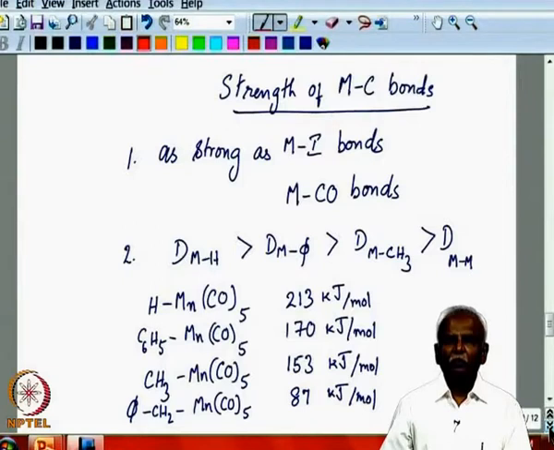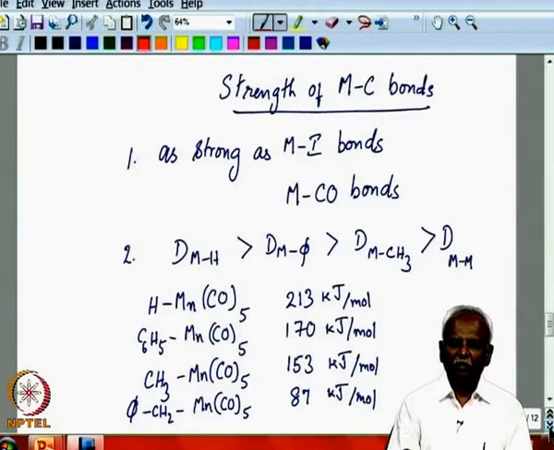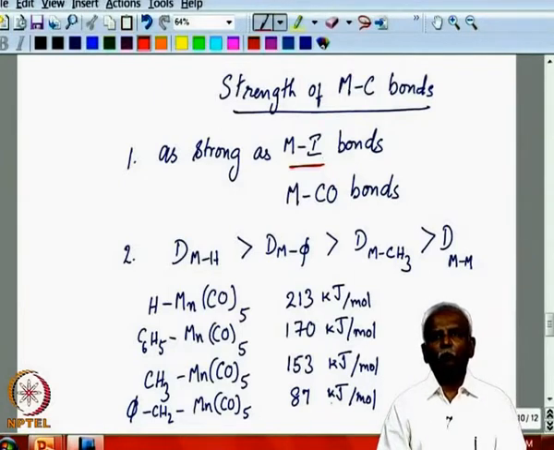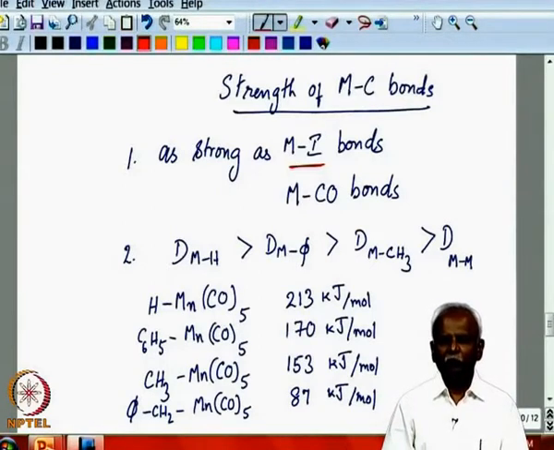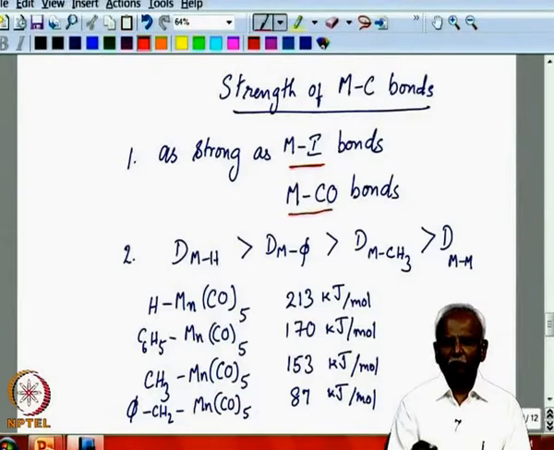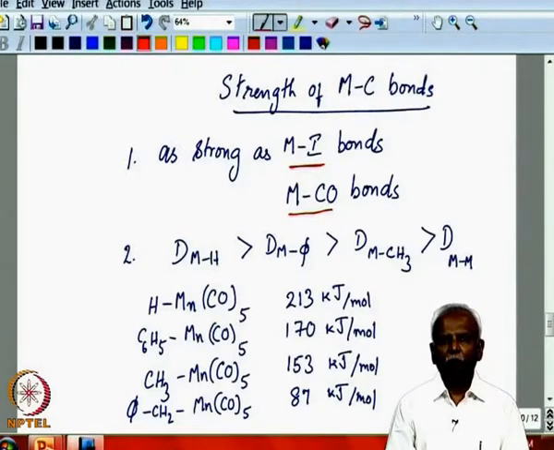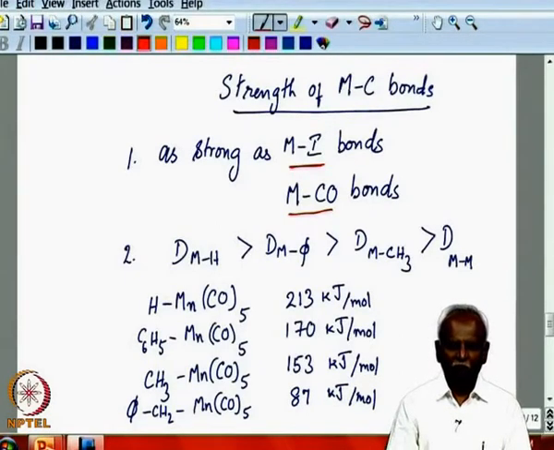In general, it is known that the metal carbon bond is as strong as an M-I bond. The strength of the metal iodo bond is a good indicator of how strong a metal methyl bond would be. That is also similar to what one encounters for the average metal carbonyl bond strength. So, the metal carbonyl bond strength, the metal iodo bond strength and the metal methyl bond strength all fall in the same range. However, in a particular metal system, it is found that the metal hydride bond is much stronger,